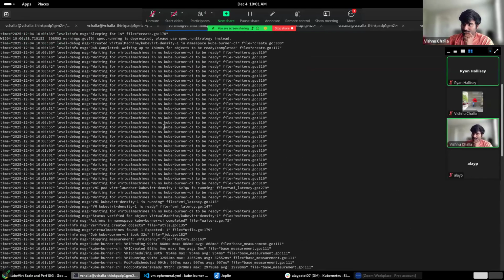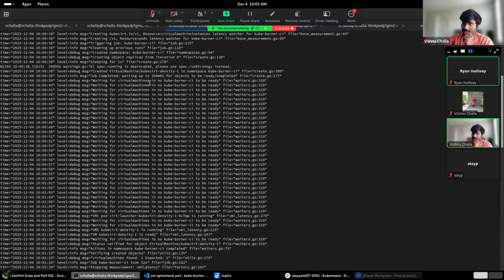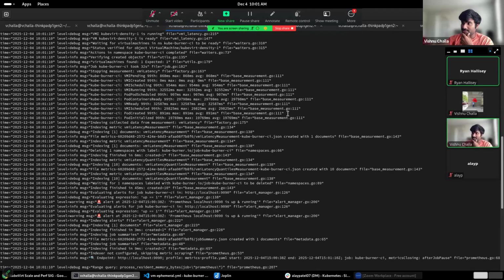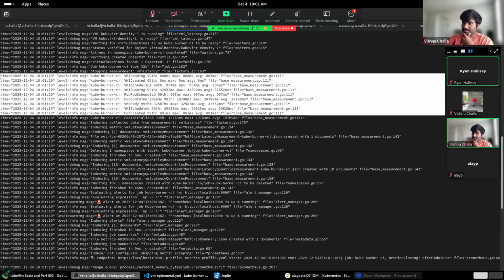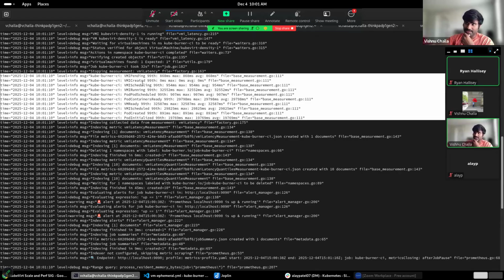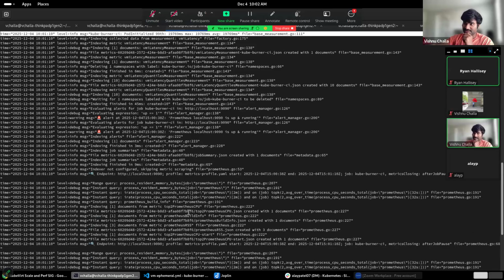So now what it actually did was it deployed, I think, a few virtual machines on top of the cluster, and then it was waiting for them to be ready. Once they were in the running state, it considered that the workload is done, which is what we defined according to the config file, and then it captured some runtime metrics which are highlighted here. So it will capture metrics like how much time did it take for the VMI to go to pending state. It will give percentile statistical numbers and stuff, and then finally capture all the metrics, publish them to Elasticsearch, and